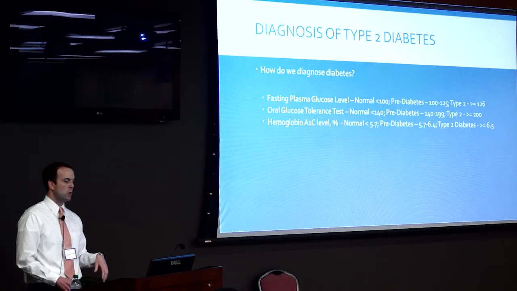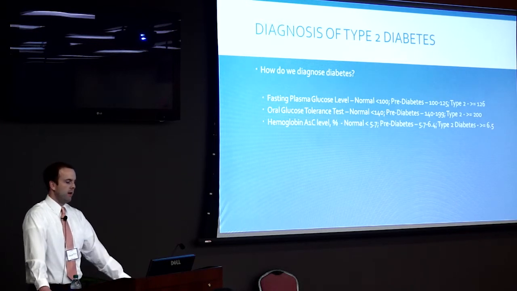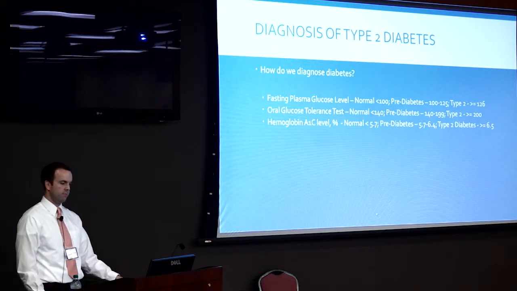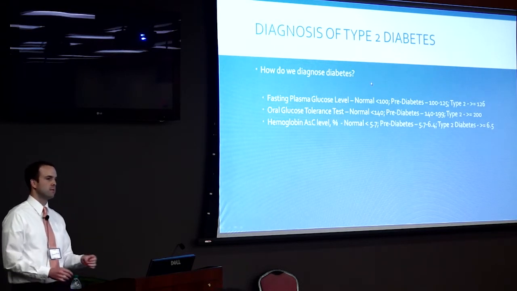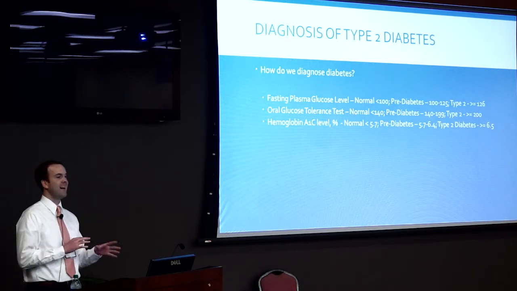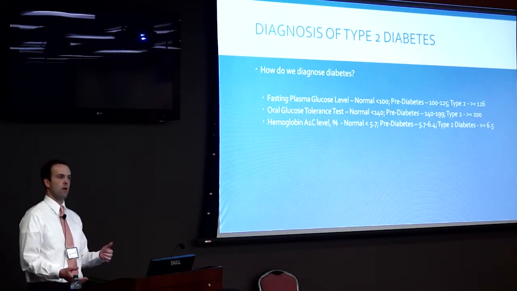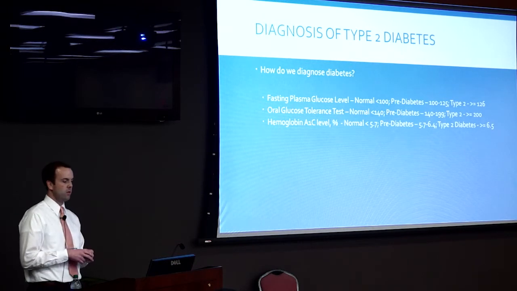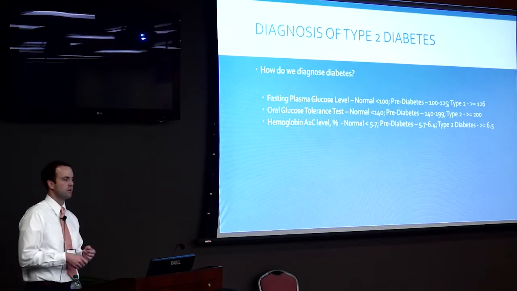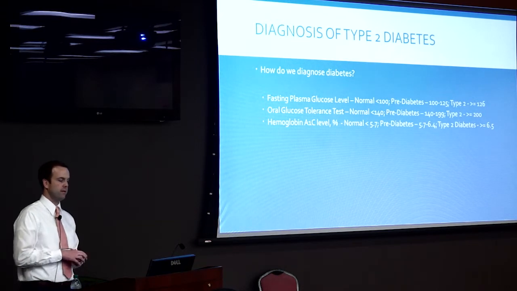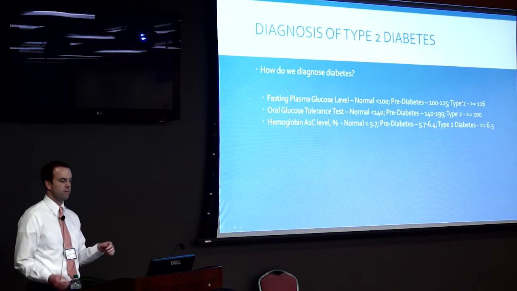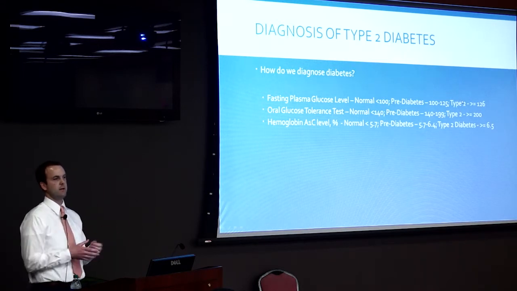So basically, how do we diagnose diabetes? So now, a fasting plasma glucose level, and as you can read, these are the numbers. A fasting plasma glucose level is usually done in the morning, after you have not eaten or drunk anything in over 8 hours. It's fasting. They take a lancet and poke your finger and check your blood sugar on the glucometer, right? And you basically just line it up. If you're pre-diabetic at 110, for example.